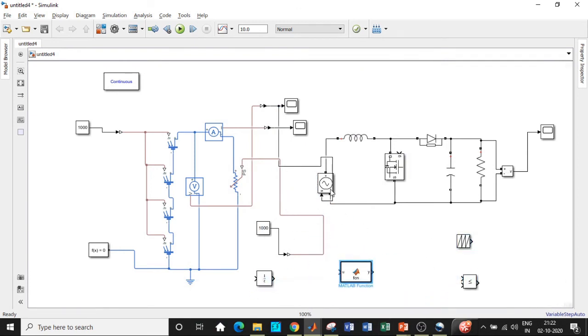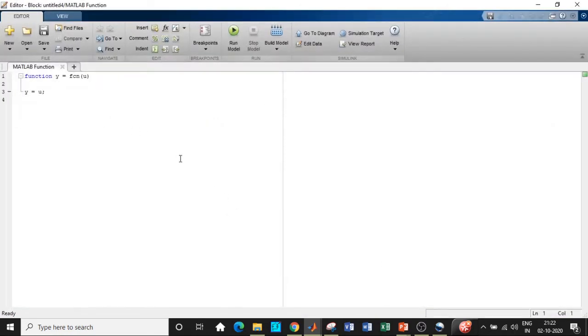And now we will be starting off with building the MATLAB function. So this technique is with respect to MATLAB function. However, you can do the same algorithm with different techniques as well, but building it with a code is very simple, and that is why I'm going on with this. So I will be double clicking on this MATLAB function over here. What happens is that it comes to this particular portion. So this is where you have to write the code.